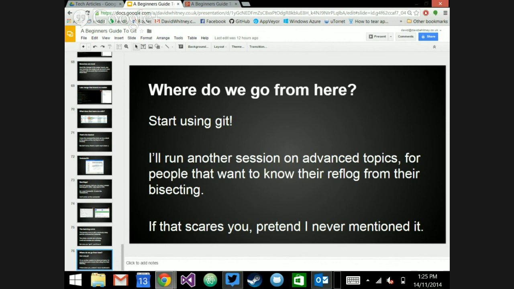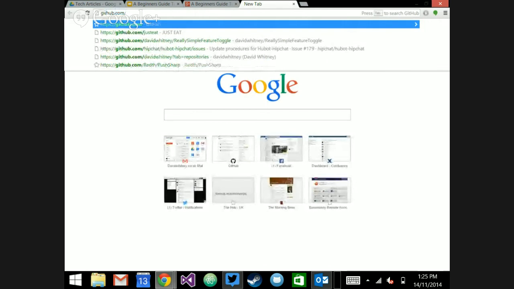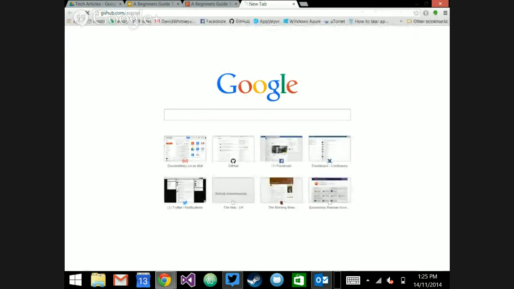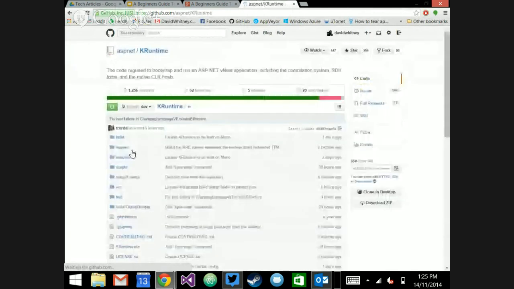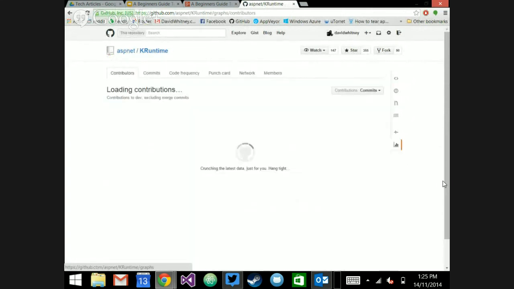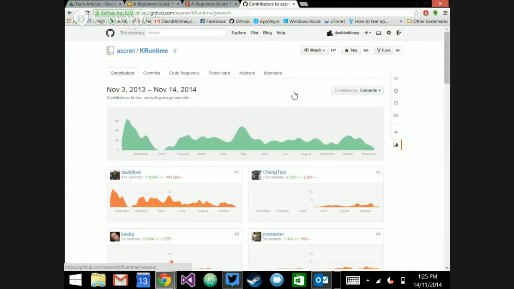I mean, the cool thing is, though, once you start using bigger projects, you get to see loads of pretty diagrams about all the branches and merges and how they converge. I'm trying to think if I know of anything that... maybe. Let's just click a random thing, because the cool thing about GitHub is it has really great visualizations for branches and merging. So you can see the network.